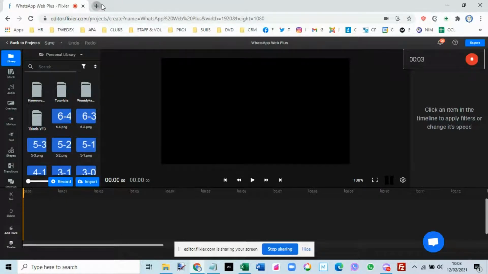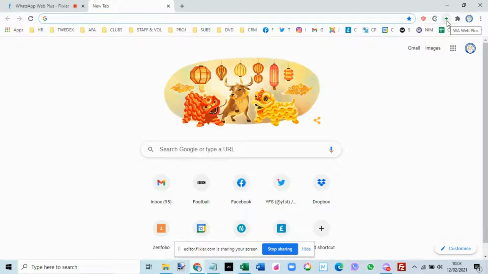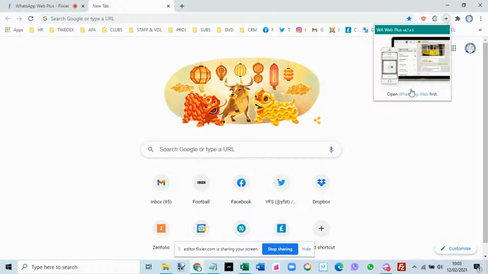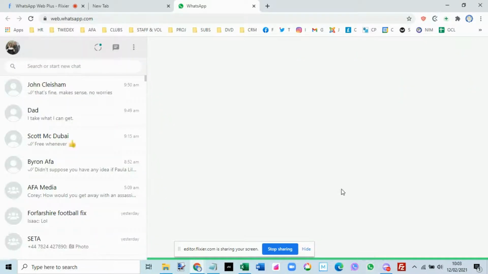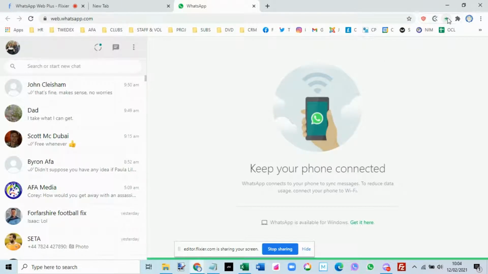Okay, so what you do is download the WhatsApp Web Plus, add it as a toolbar, and then you'll just click on it in the toolbar icon, and then you'll need to open up the browser version of WhatsApp. So if you're already using the app version, then you just need to close that down for the time being. You can go back to using that shortly, and you just want to click WhatsApp Web Plus again to open